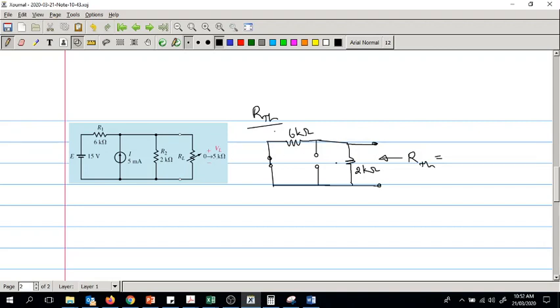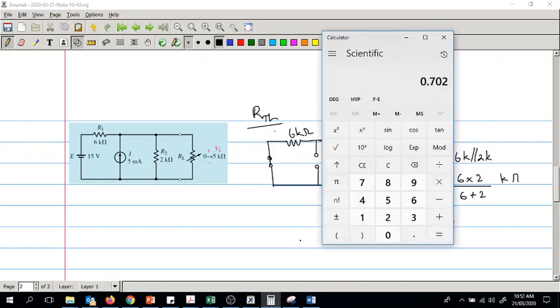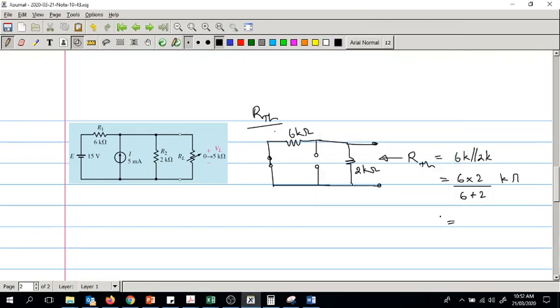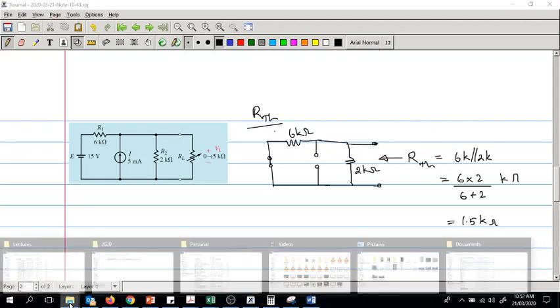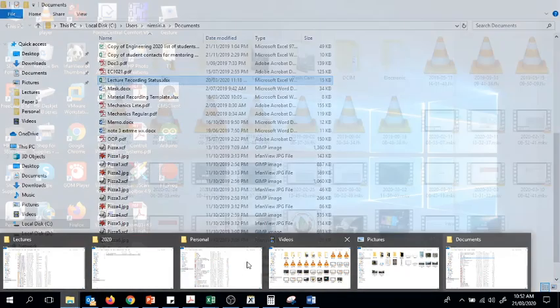RTH is equal to 6k parallel 2k, which is 6 into 2 divided by 6 plus 2 kilo ohms, which is 12 divided by 8, 1.5 kilo ohms. As far as I could remember, this is the same circuit we used in one of the examples